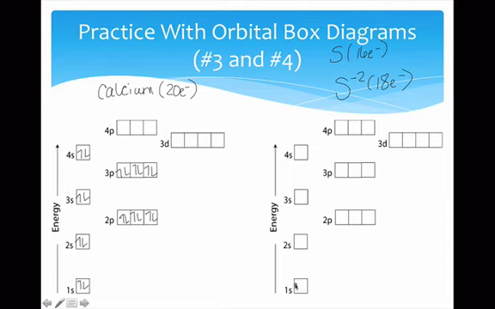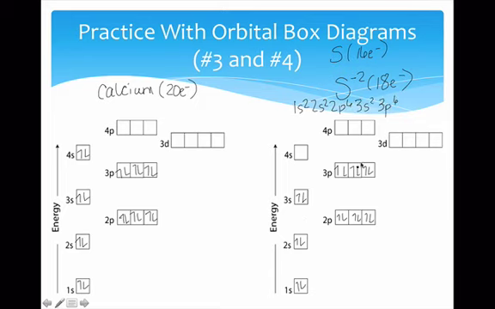So if I wanted to draw that in, 2, 4, 6, 8, 10, 12, 14, 16, 18. That is going to be the sulfur ion's electron configuration. So it's okay to just add and subtract if it's an ion. You just change the number of electrons that you use. So its electron configuration would be 1s2, 2s2, 2p6, 3s2,